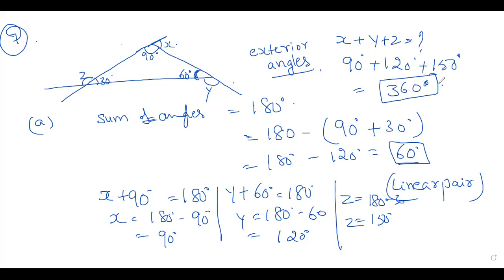And one more thing, take any polygon, children. Okay, hexagon, heptagon, or whatever. Whichever polygon you take, the sum of exterior angles will come to 360 only. Okay, the sum of exterior angles of a polygon is equal to 360 degree. Not only for triangle, it can be quadrilateral, pentagon, hexagon, nonagon, anything, the sum of exterior angles is equal to 360.